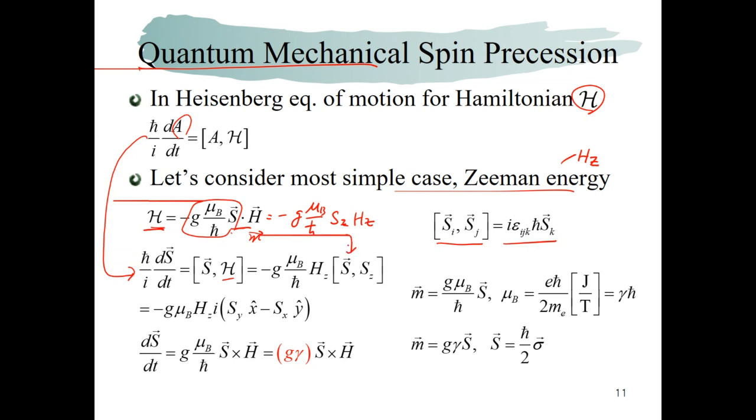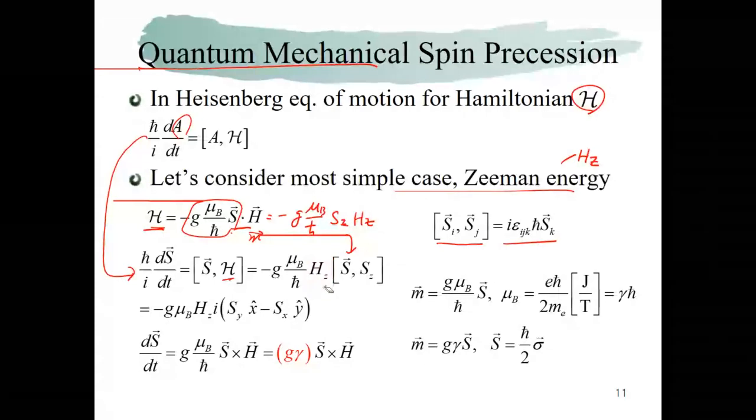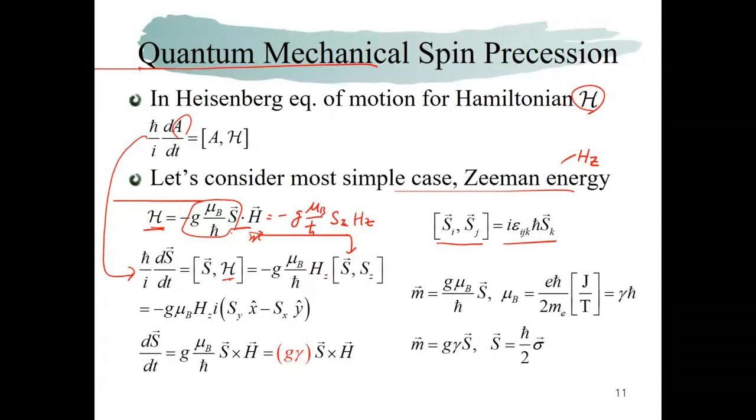If you substitute this expression to here, we can obtain the commutation relation with the H_z. And this commutation relation is